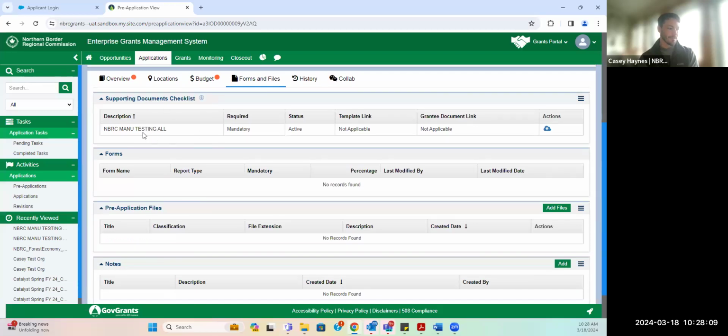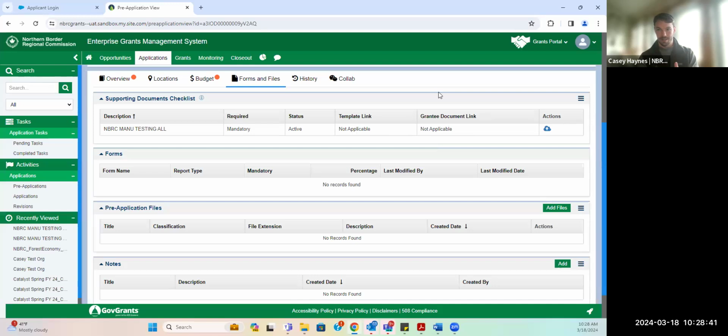This supporting documents checklist is where you're going to look for any of the relevant waivers in this case. If moving to the full application, other support documents will be listed in this section as well. This is not built up exactly the way that you would see it, but you would see the LDD waiver listed here with a link to download that template to your computer. So you would download that template,